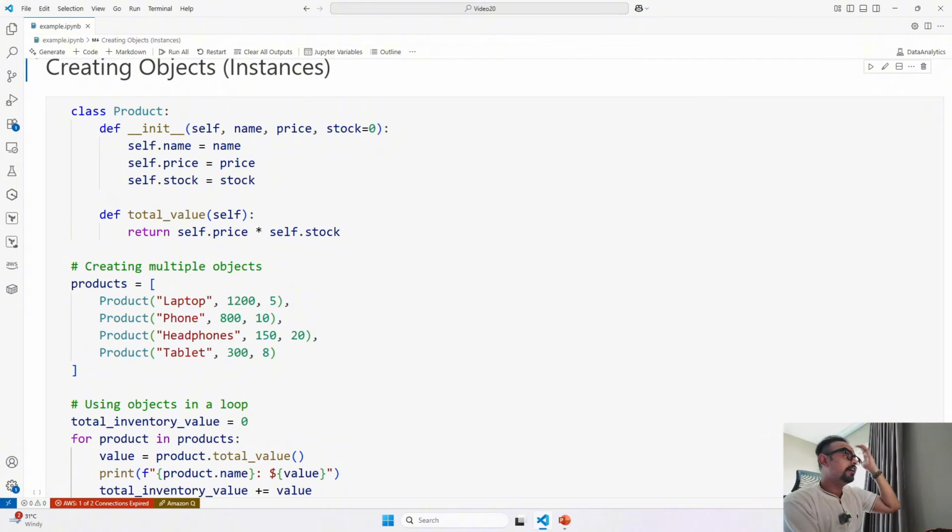So over here, if you will see, name and price is required, stock is optional. Okay. So then we go ahead and talk about our init. This is an initializer method, that is a constructor, and it is going to run every time when we create a new product. It is going to take the name, price as the required values, and stock as optional